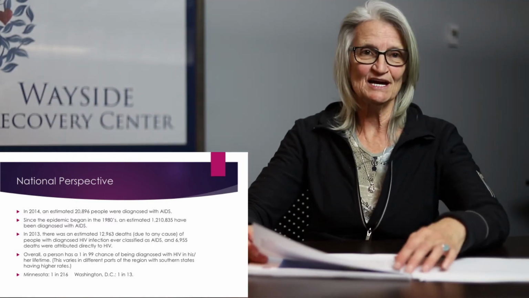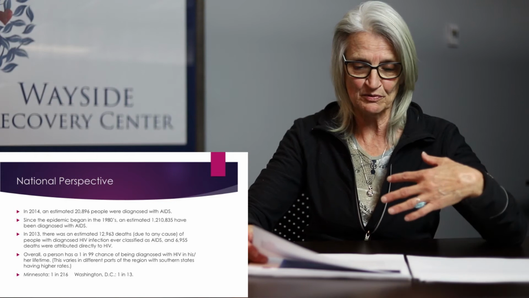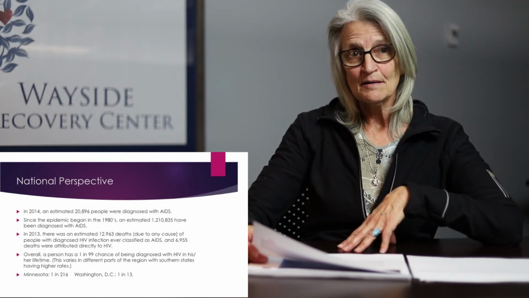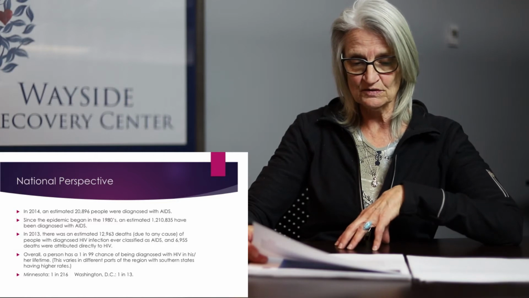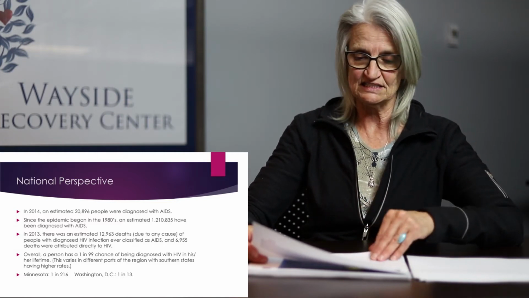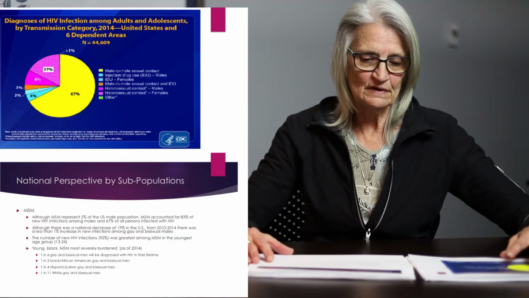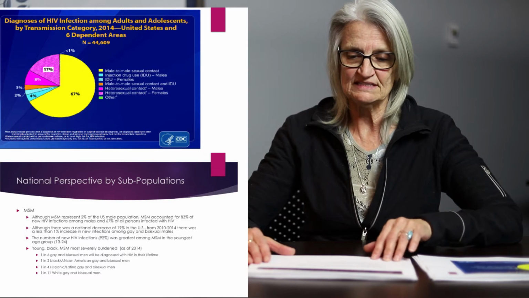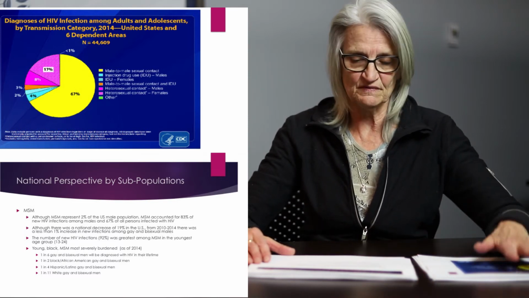Okay, so that's the national perspective. The Minnesota perspective is a 1 in 2016 persons that could be diagnosed, and just to give you an idea, like in Washington, D.C., it's a 1 in 13. Now we're going to go over a little bit of the national perspective by subpopulations, and that's what the graph